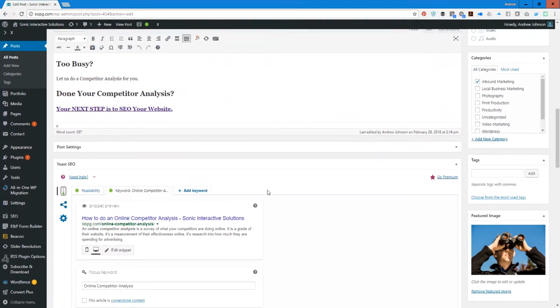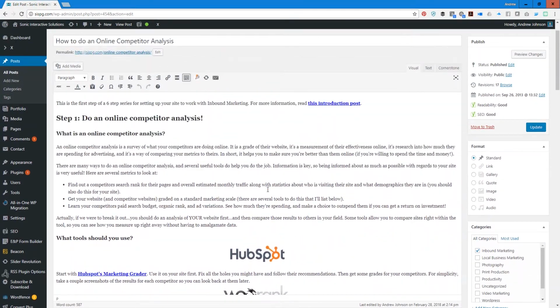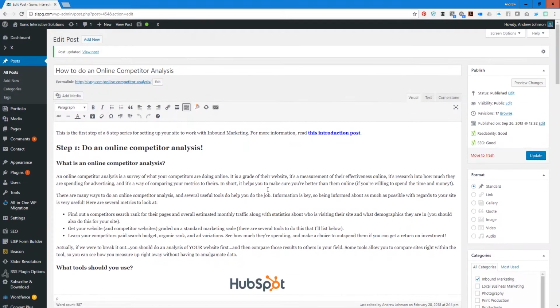Okay, so first of all, we're going to take a look through our content here. We got some stuff that we've written, and we want to pick what the long tail keyword is. Now that means what is the keyword that this post is about that is maybe not just a single keyword. It's not like analysis, right? Because analysis doesn't really make sense in the context of all of this. Analysis is way too broad of a